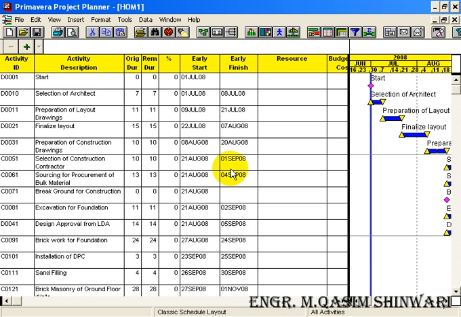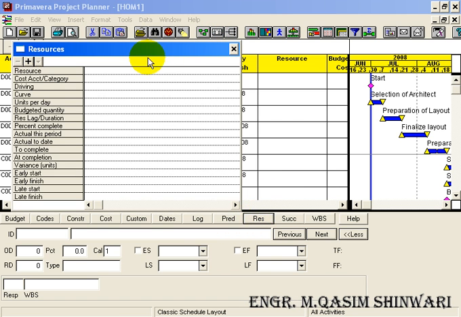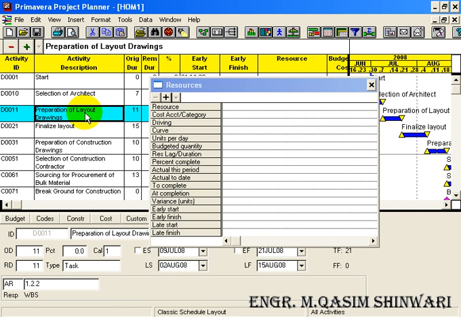To assign resources to activities, we have many ways. Let me teach you two different ways. Go to activity form and here click resources. Now go to the activity 3. Resources start from activity 3, that is D0011, preparation of layout drawings. This is the first way. The other way is